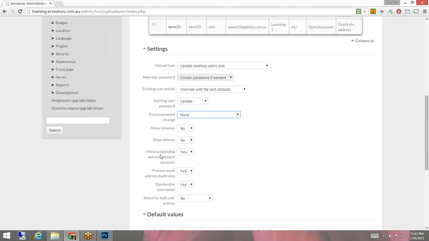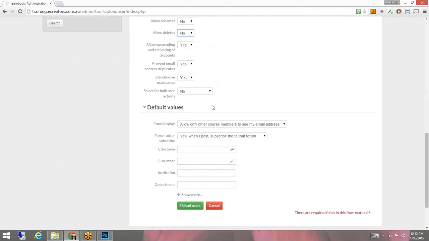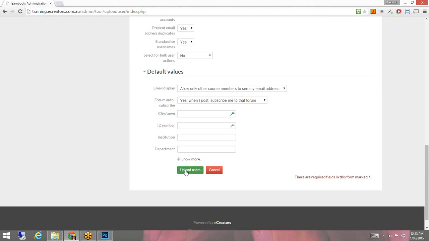At the same time, you could allow suspending of active accounts. You can allow it to delete and rename, etc., based upon the other settings in here. Okay, so with all of that in place, I'm going to come down and click on the upload